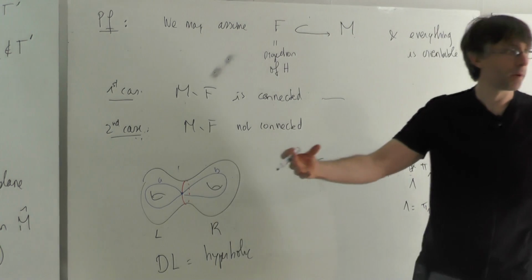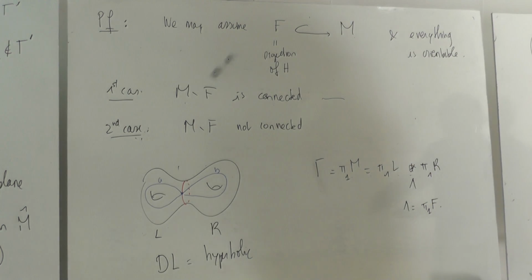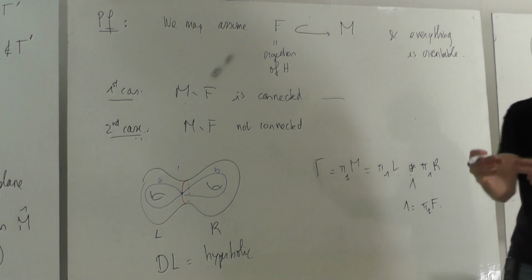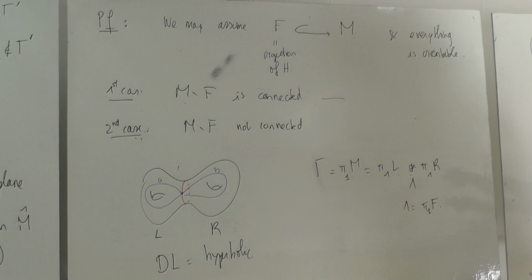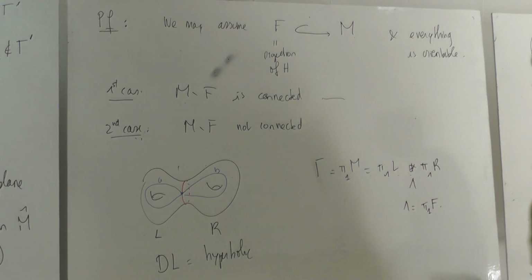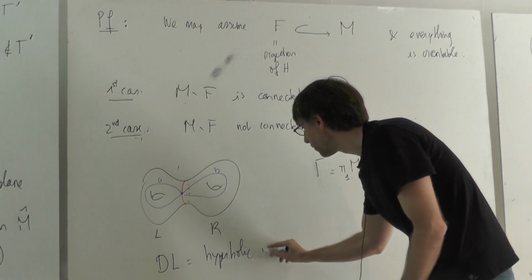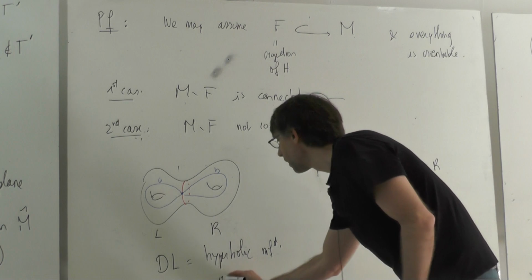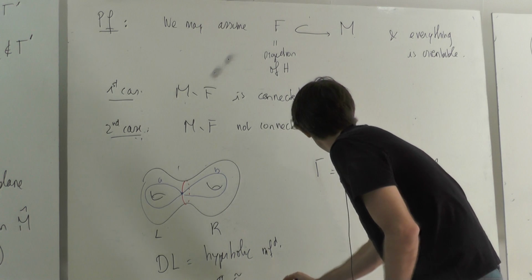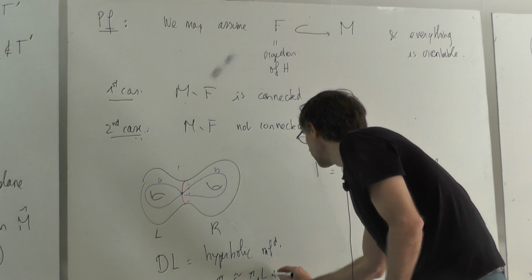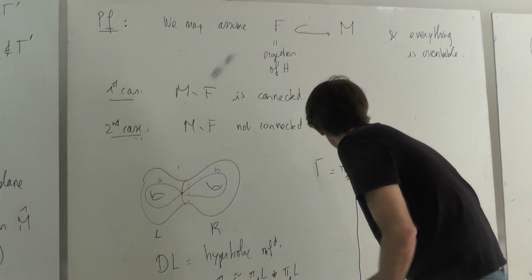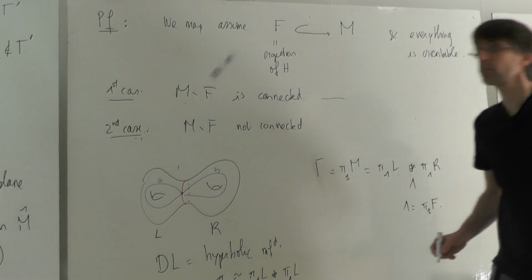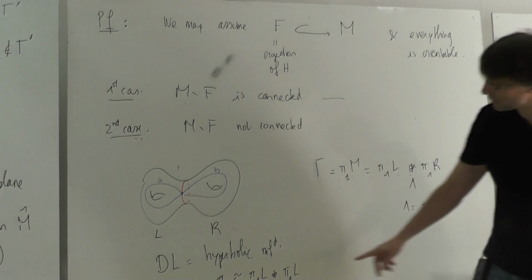Because it's hyperbolic everywhere except maybe around the boundary, but because it's totally geodesic, you are really gluing two half balls, and the metric is glued nicely. So this is again a hyperbolic manifold, a closed hyperbolic manifold, whose pi1 is isomorphic to pi1 of L amalgamated with pi1 of L along lambda. But now this pi1 is